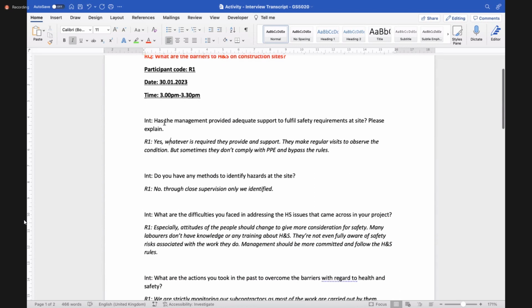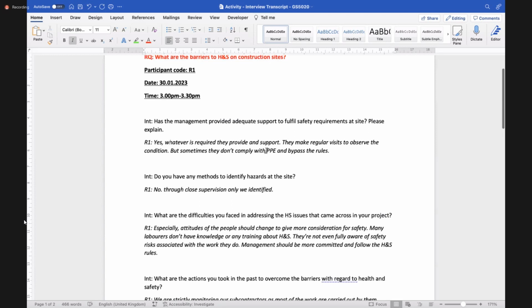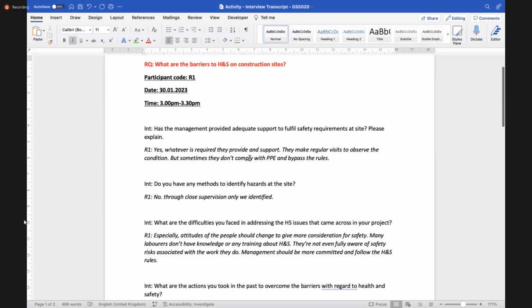Right? So here: has the management provided adequate support to fulfill safety requirements at site? Please explain. Yes, whatever is required, they provide and support. They make regular visits to observe the condition. But sometimes they don't comply with PPE and bypass the rules.